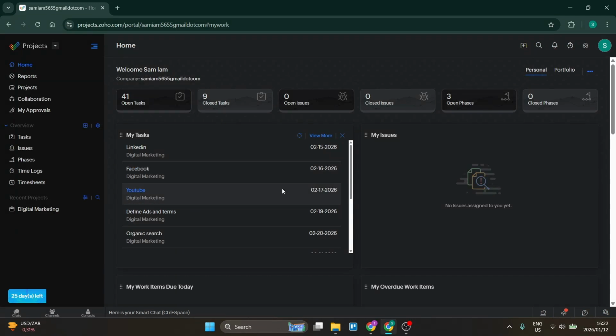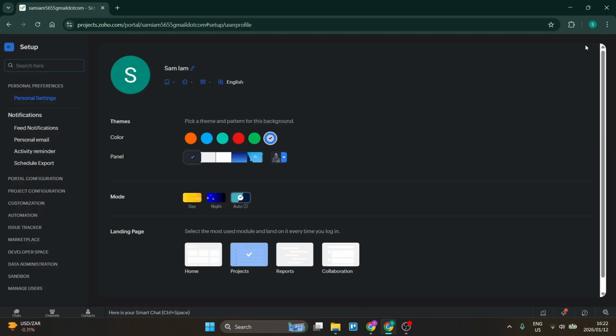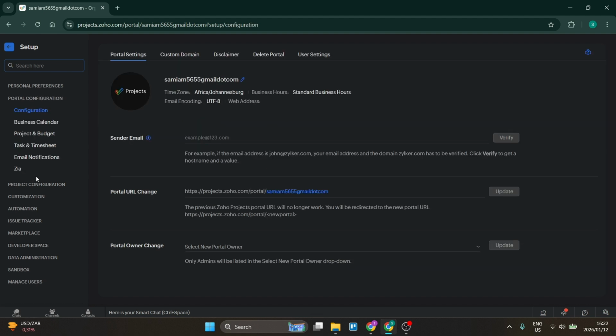What we want to do on the top right hand side is jump into the little gear icon. This is the setup, and on the left hand side you will have many options. Now there's tons of ways of configuring your Zoho Projects account, but you're going to go down here and look for portal configuration, and once you